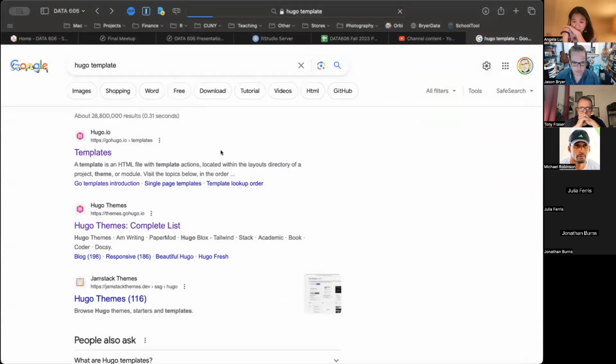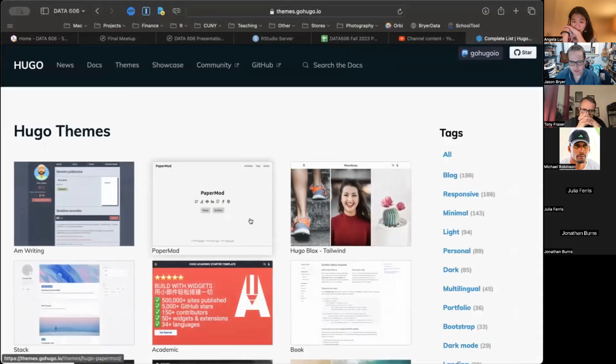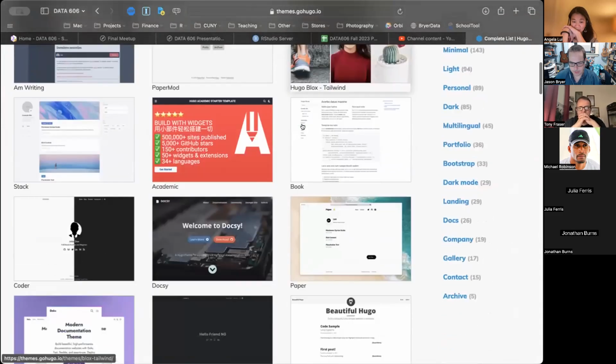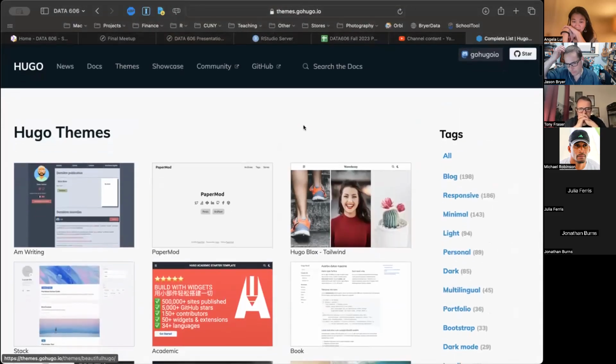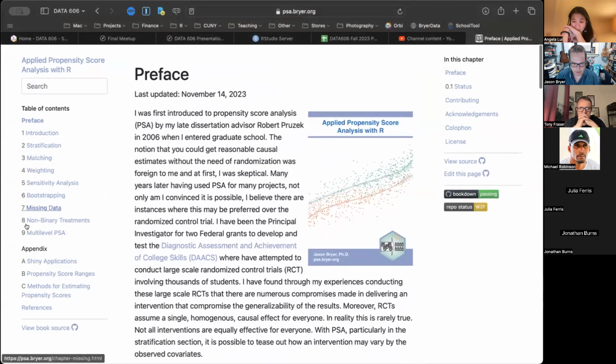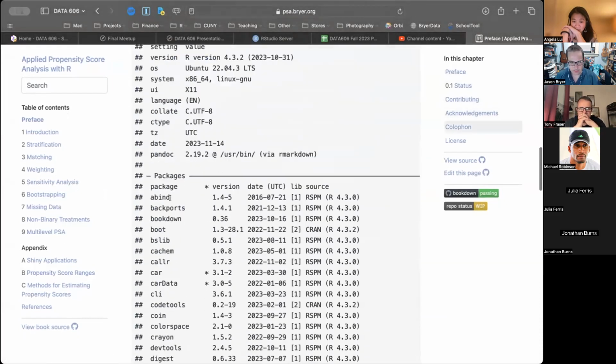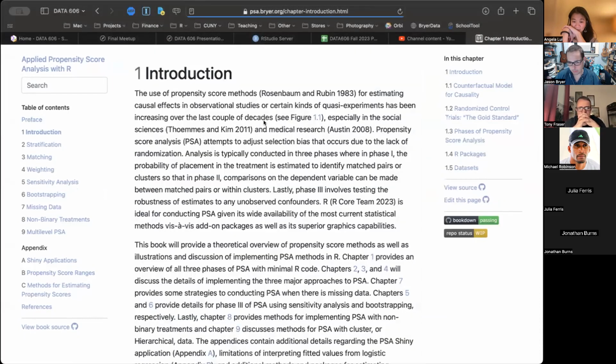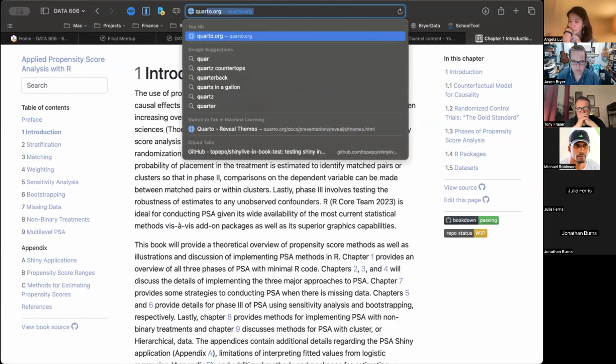Oh, no, that's not what I want. Hugo themes, I'm sorry. So here's a website where you can get these, and if you go through the site, you can easily import one of those. Bookdown is more like this, where you have a table of contents and you're writing more of a book style. This is also R Markdown, and it also is hosted on Blogdown. I think Bookdown is a great place to start, but I think a lot of people now, particularly